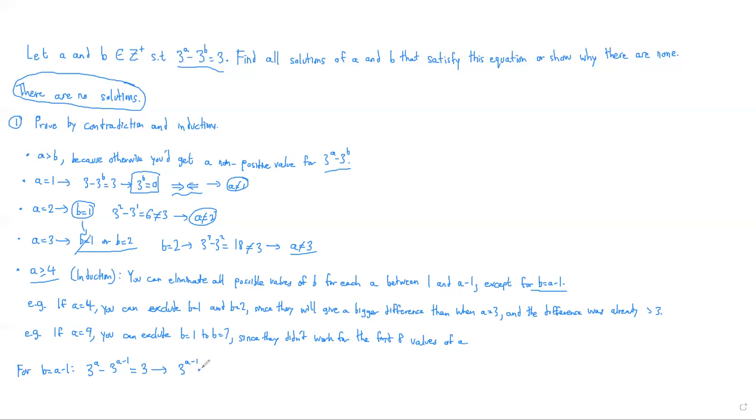So that's times 2 is equal to 3. 3 to the A minus 1 is equal to 3 over 2. But right there, there's no possible A value, right? So no A value works. And that's a contradiction. So hence, there are no solutions